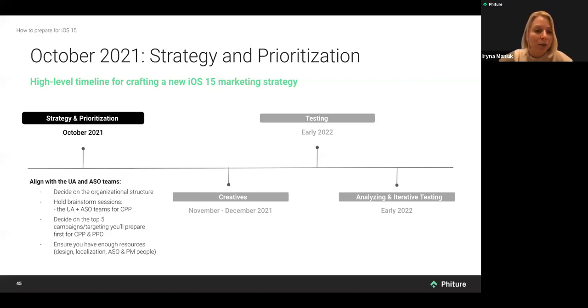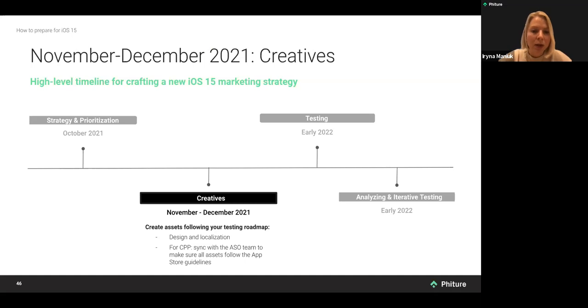Plus, definitely hold the brainstorms. Again, you can go big, but I would say probably the biggest advice is to focus on the top 5 campaigns, or some targeting that you can prepare for your custom product pages. And again, make sure you have enough resources to execute. The same for creatives. Definitely, it's all about design and localization, and again, syncing with your ASO team, because these are the people who exactly know all the guidelines you need to follow in order to pass the App Store review